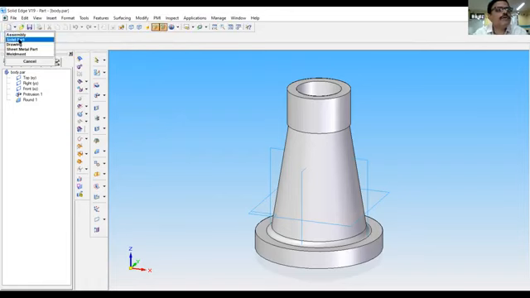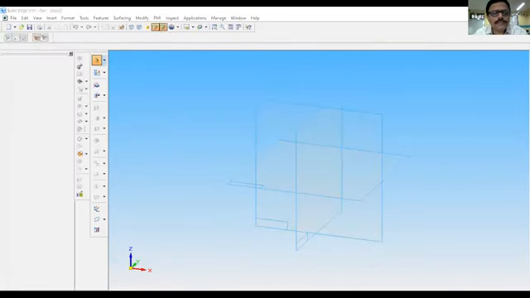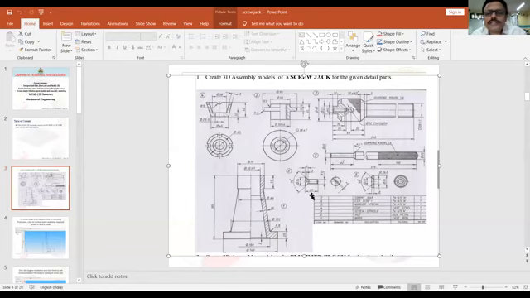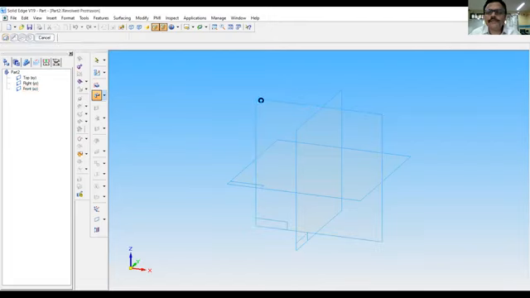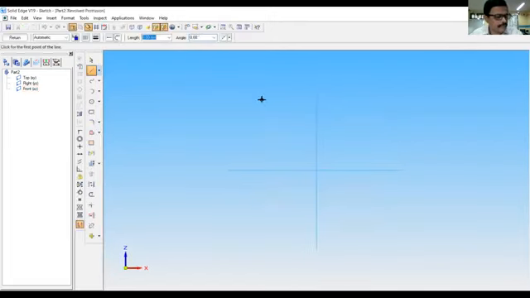Next part we will do, go to solid part. The next part is the nut. The nut is shown here. Once you see the part, you should study its dimensions. It is also a revolved feature. So let's go back to the solid modeling software. Go to revolve protrusion, front plane. First, draw the profile. You can start from here. The length of the nut is 45 mm, as you have seen in the sketch.